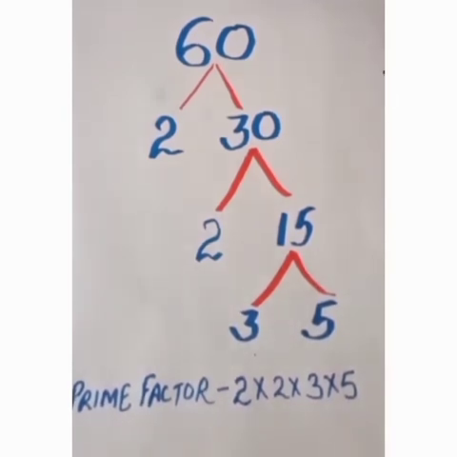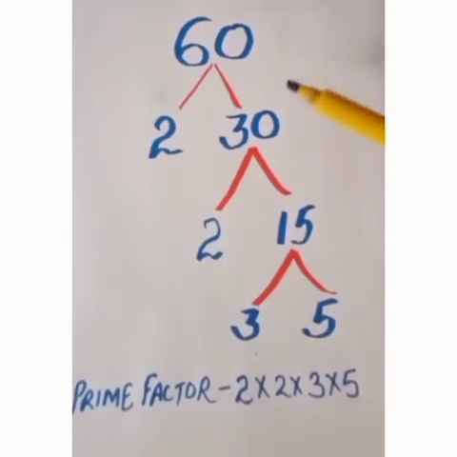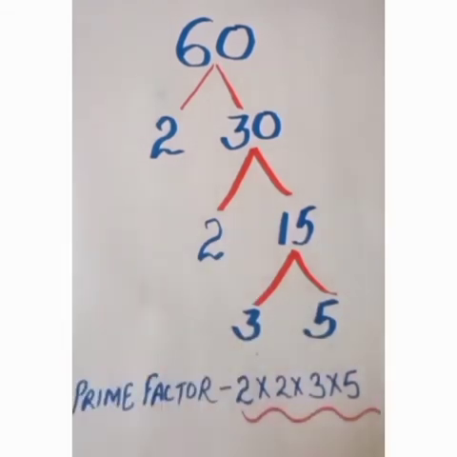We can split the 60 in other ways also, and you will get the same answer. As we did for the number 60, we got the 2 again. If you do the 60 with other multiplications, still you will get the same prime numbers. The prime numbers or the answer will remain the same. So this is the way to find the prime factors of the number 60. So this is our factor tree method for prime factorization.